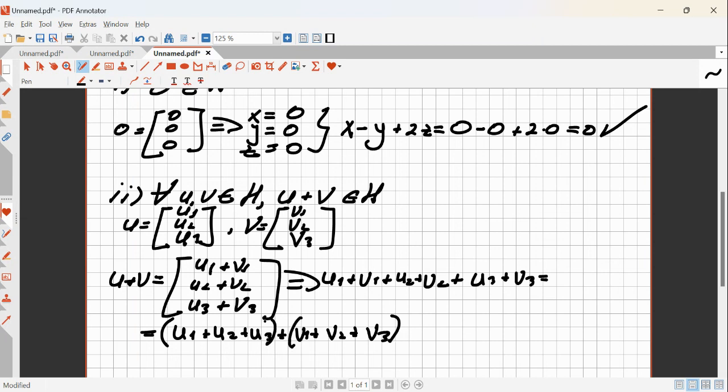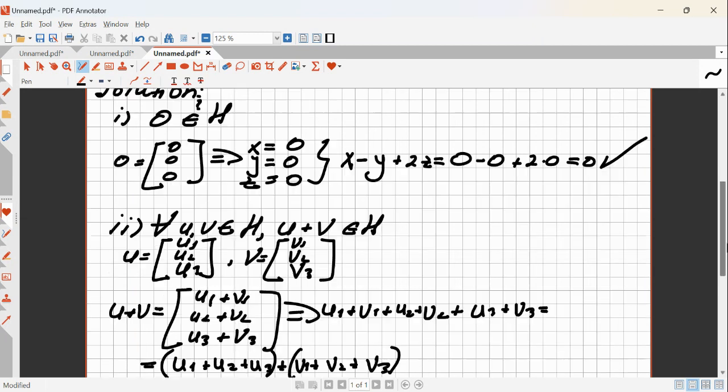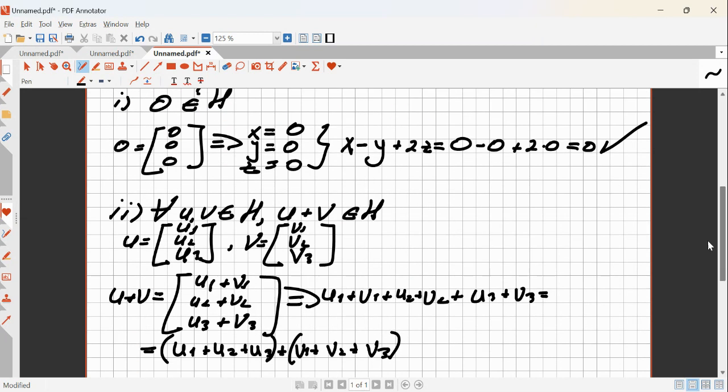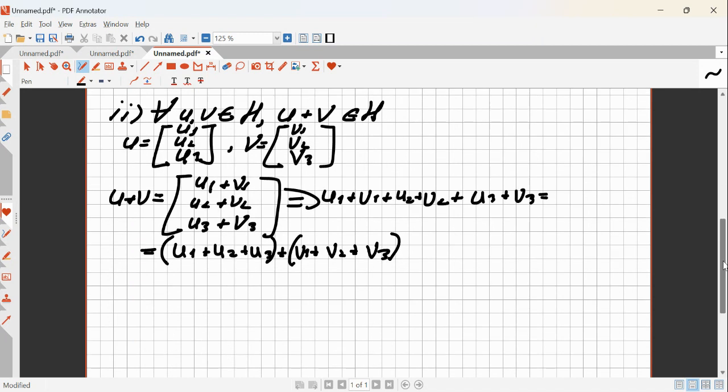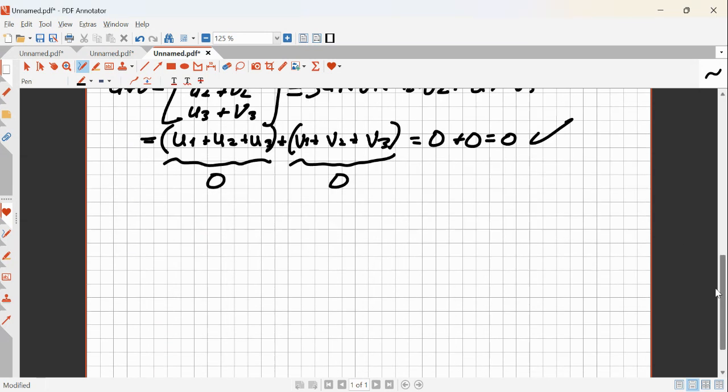We just imagine that u1, u2, u3 are x, y, z, and they are zeros as well. It's also zero for vector v. So 0 plus 0 equals 0. Satisfies. And the last one,